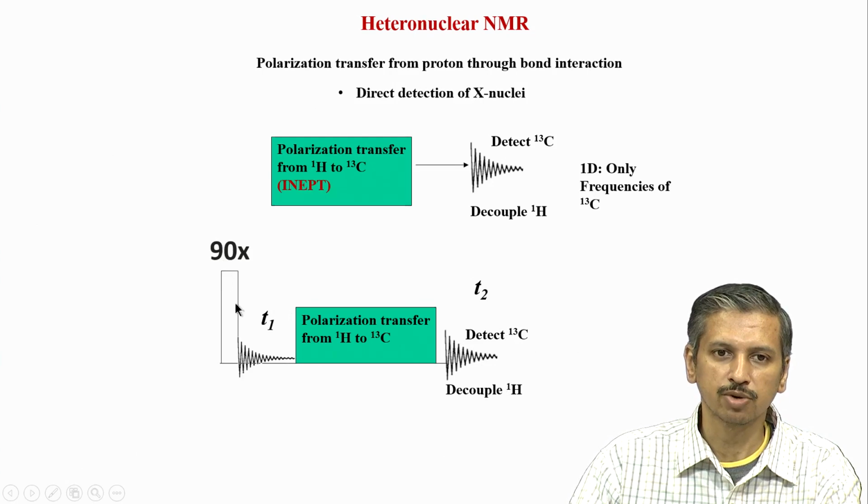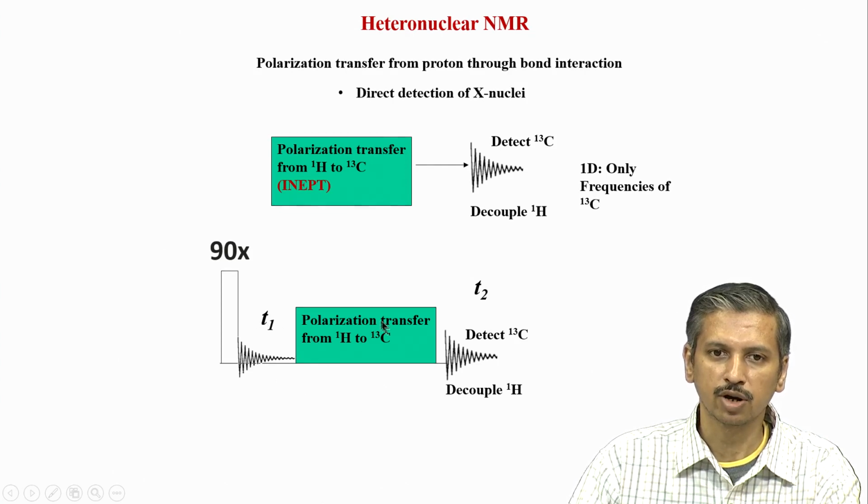We start from a simple 90-degree pulse that excites the proton. So, we are looking at proton evolution now, a proton pulse, not a carbon pulse. After you apply a pulse on proton, it is in the xy plane, and then it starts moving in the xy plane because of the Larmor precession. This is something we have been talking about extensively in the homonuclear NMR part, so I will not go into details again. It evolves with its own proton frequency, and that evolution period we call t1.